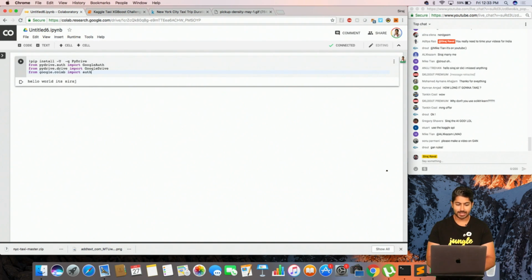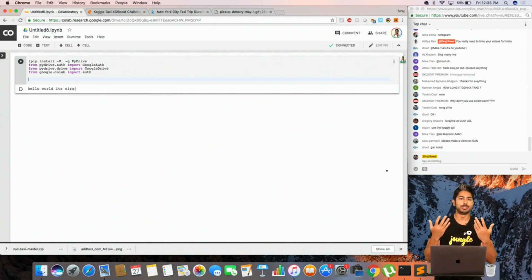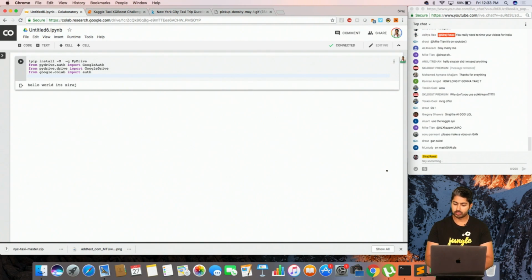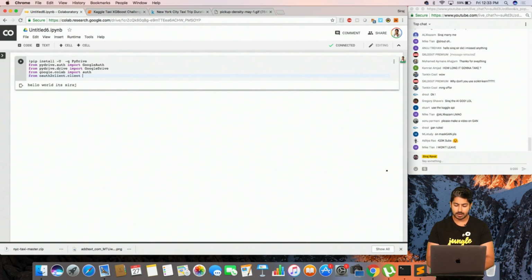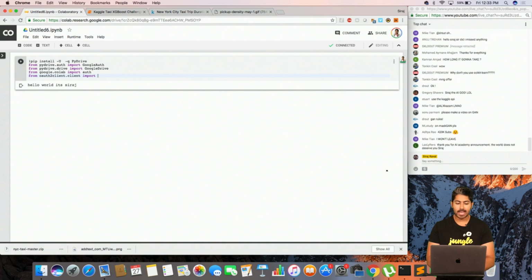Yes, GANs are coming, guys. I know you guys, I love GANs, you love GANs, we all love GANs, but there's also an audience that hasn't had their appetite satisfied when it comes to Kaggle challenges and just machine learning, not deep learning. I think, of course, deep learning is amazing.